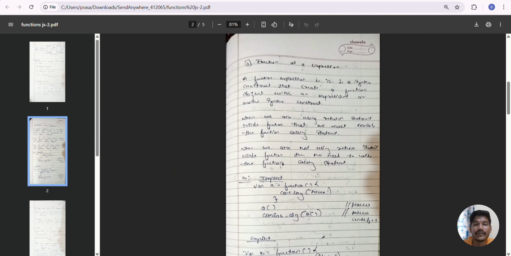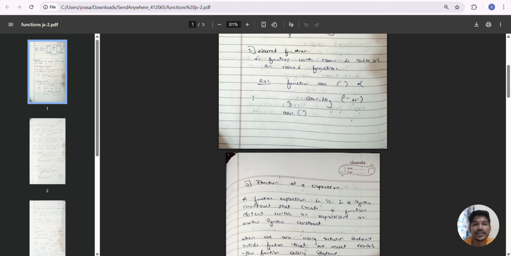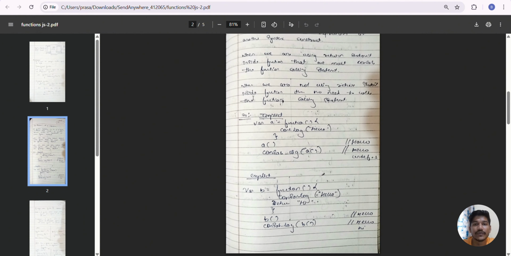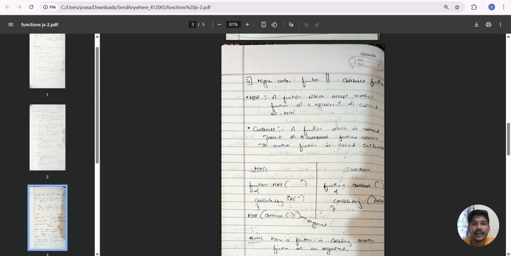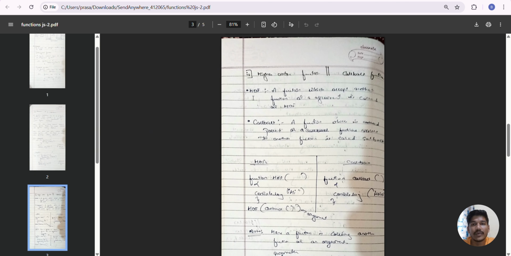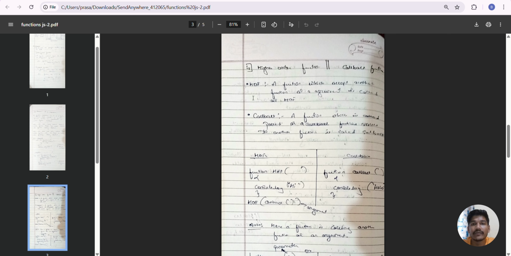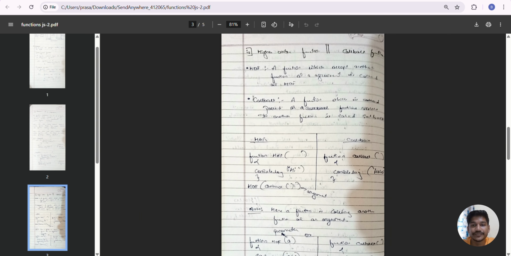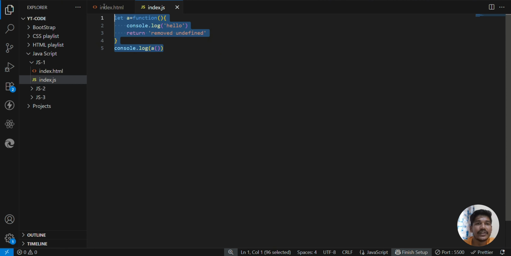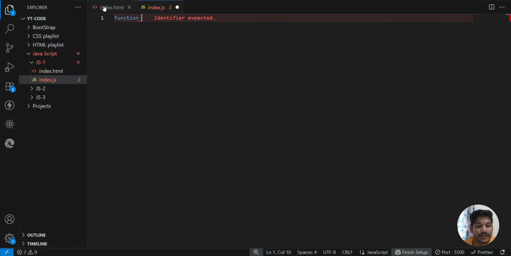So here what we have learned is anonymous function, named function, and function expression. Basically, this function expression will be written and stored inside one variable. Then next we have higher order function and callback function. This is one of the most important topics, and I will start with a simple example. Higher order function. Okay,